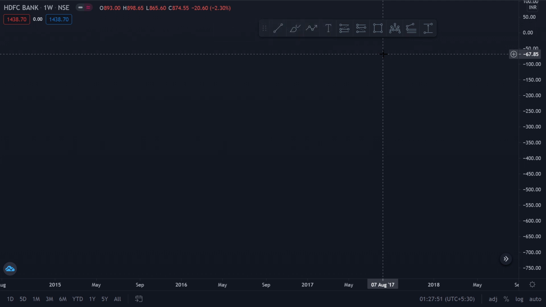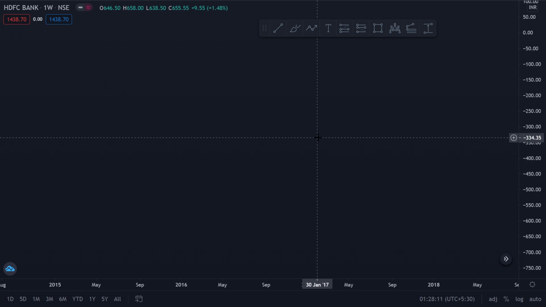And today we'll see how to avoid stop loss hunting. In the previous video we saw how to avoid fake breakouts, which is a very feared factor when you take a trade, for any trader. A fake breakout is when a stock actually breaks out of your pattern and then comes back in. So this is called a fake breakout. But then what is stop loss hunting?